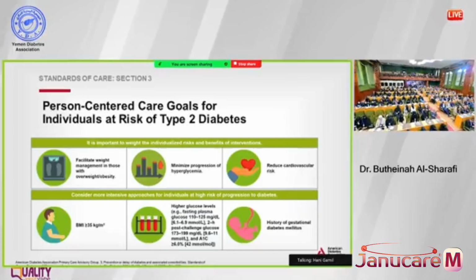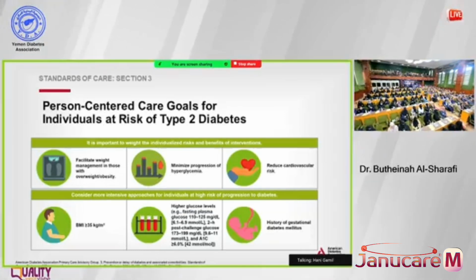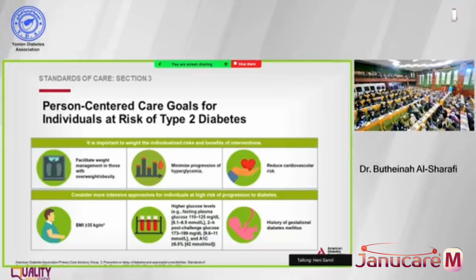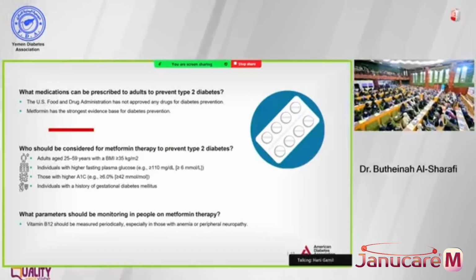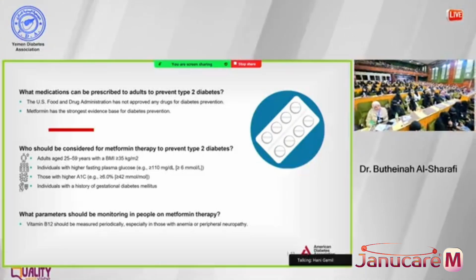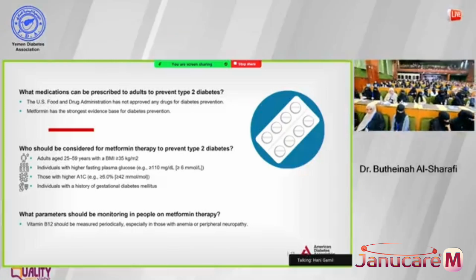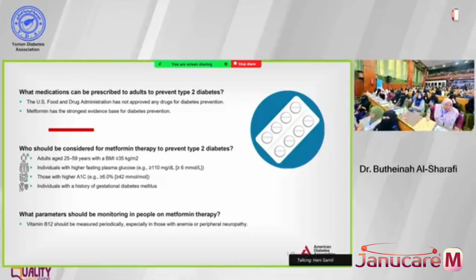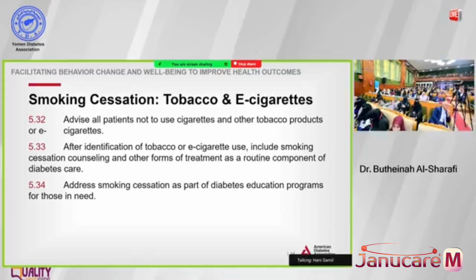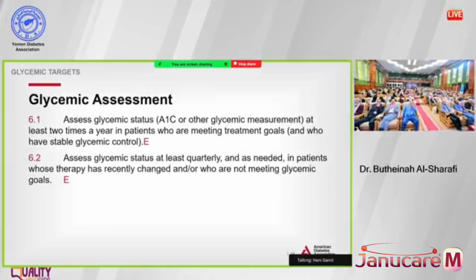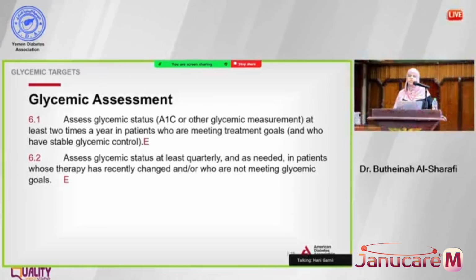Also, if the patient has history of gestational diabetes in the past, and she has become now pre-diabetic, then we probably should start her on metformin. And like we said, we should start metformin if the patients have a high BMI, history of gestational diabetes, higher blood sugar levels. Those are the patients that you probably want to start on metformin when you first see them. And also we should emphasize smoking cessation, because smoking is bad for everything. It's not something good. So how should we follow up our patients with type 2 diabetes?